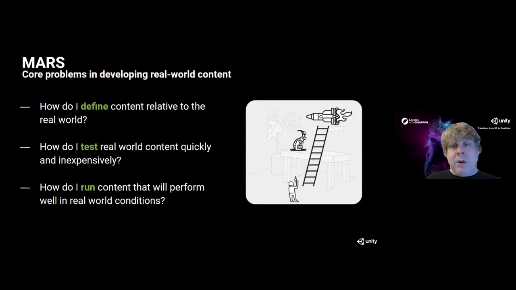A lot of AR experiences are just scan your table, click on the table, put an object on the table, or like an IKEA app where you put a chair in a room. What Mars does is it scans your room and lets you have rules. So if I have a flat surface which is X big, put a bunch of trees and flowers and bushes and content. But maybe I have a smaller surface that's too small for trees, and maybe it's a table. It'll know the difference and say, okay, it's a table, there's no room for trees. Just put flowers. So it's how you can author content for an unknown set of circumstances.